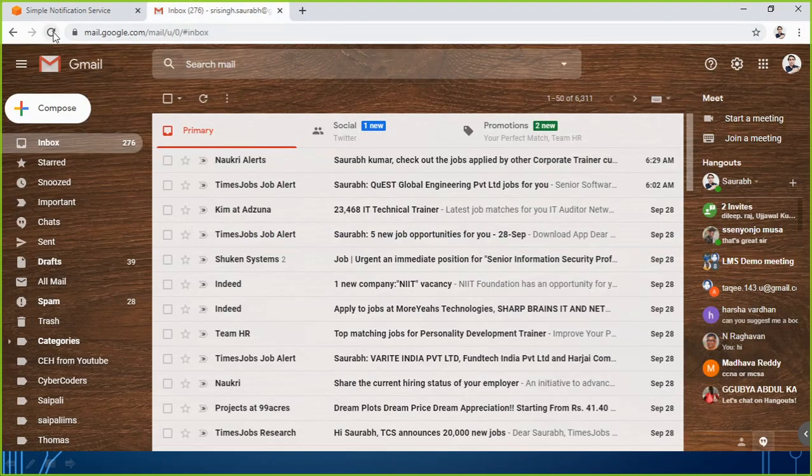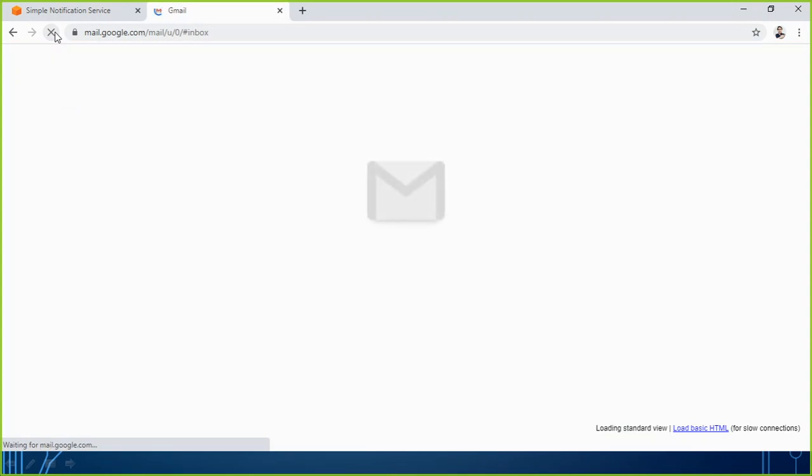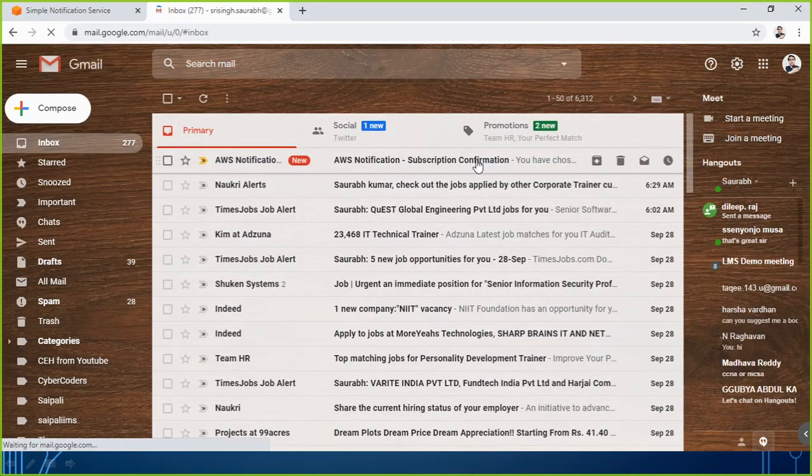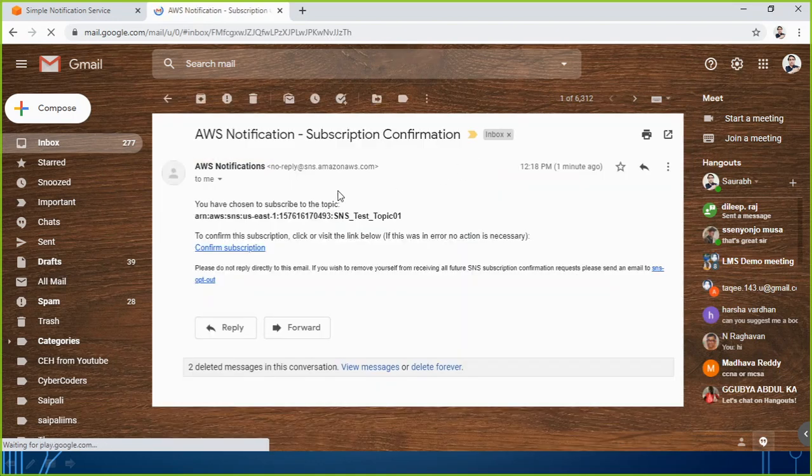I must have already received an email from AWS to confirm. You see, AWS notification, subscription confirmation email. When I open it, it tells me you have chosen to subscribe to the topic SNS test topic 01. Do you really want to receive any notification related to this topic? If yes, confirm the subscription.